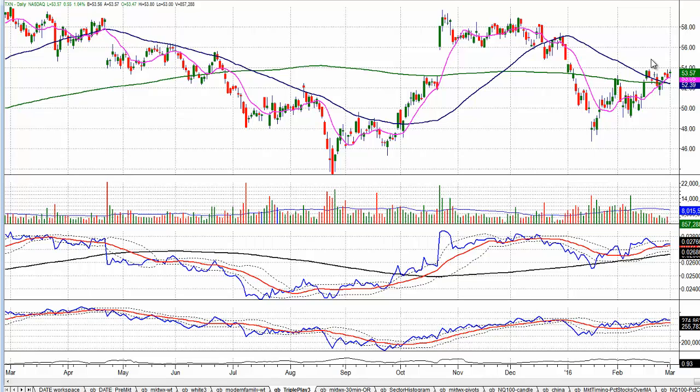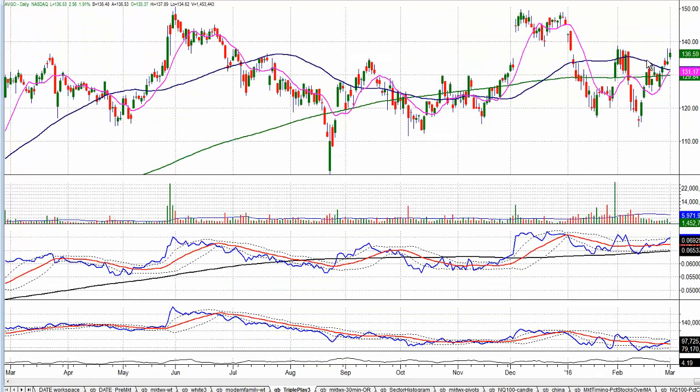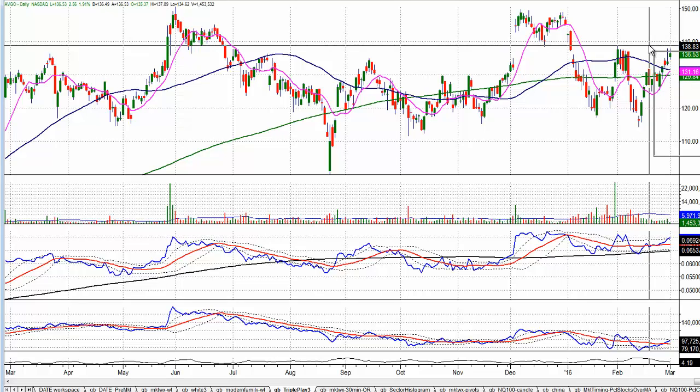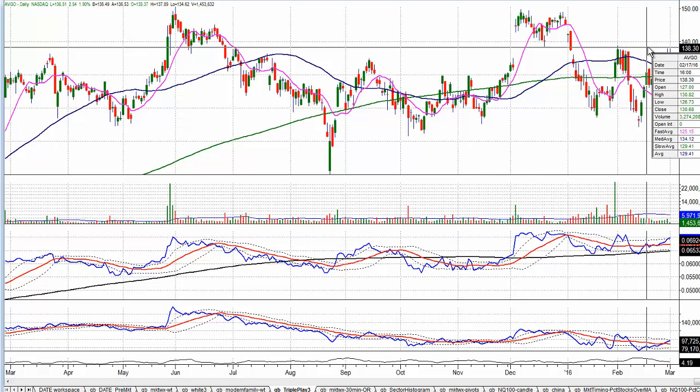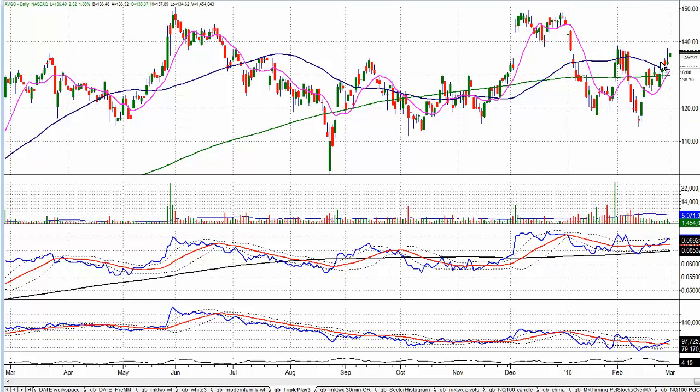Another one that looks very similar in terms of being over the 50 and over the 200 is AVGO. Now, this one is clearly in a range, so if it comes up to the 138 level and breaks out above that, it's an interesting breakout. But if the market's trying to shake people out, this is one you might look at on a pullback down towards this 10-day moving average, which is the magenta line. Now you can see on the triple play, this thing's really beginning to shape up. It's telling you that it could become a leader, much like the same indicators